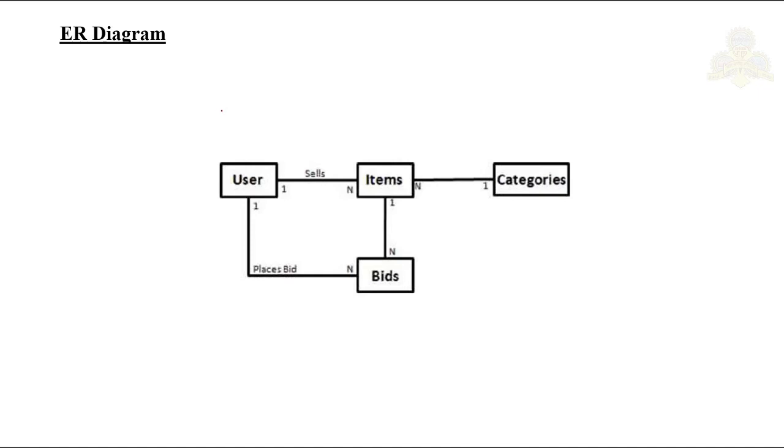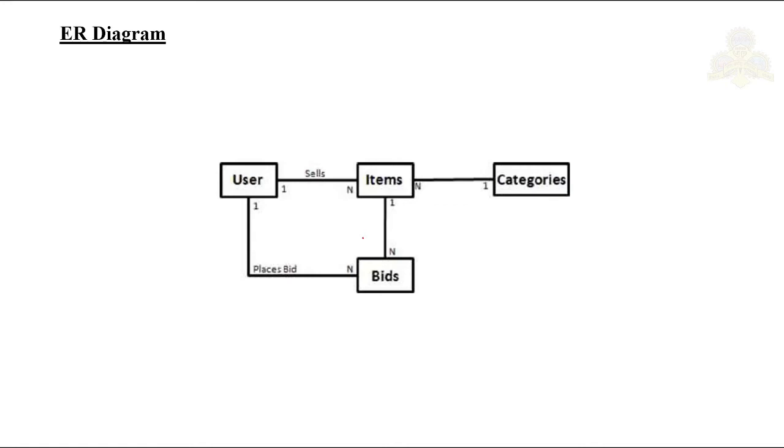Then we have relationship. A relationship between two entities is represented by a labeled line like this, and the line has to be labeled. Now this connects the boxes, that is, the entities. In some notations, the name of the relationship is mentioned inside a diamond. Examples of a relationship are works for, wherein employees work for a company, or studies in, a student studies in a college.